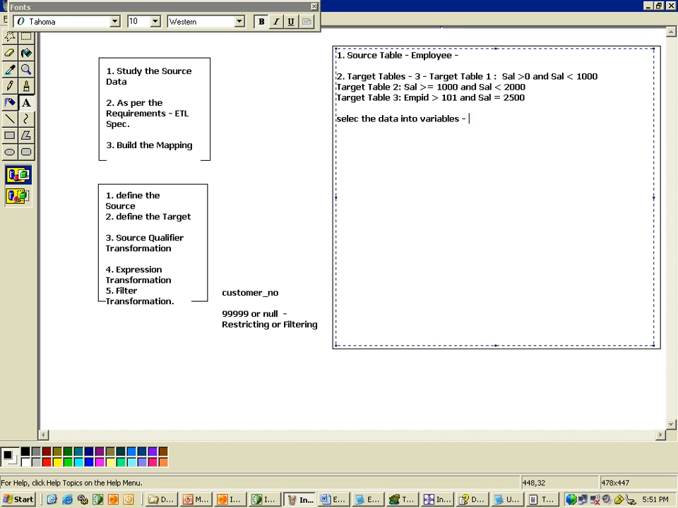your cursor and all that stuff, but here the main criteria is the condition. Say if salary is greater than 0 and the salary less than 1000, what would you have done? Insert into target table 1, else if, syntax may be wrong, don't worry about it, I just want to explain the logic. 1000 and salary less than 1000, what would you have done? Insert into target table